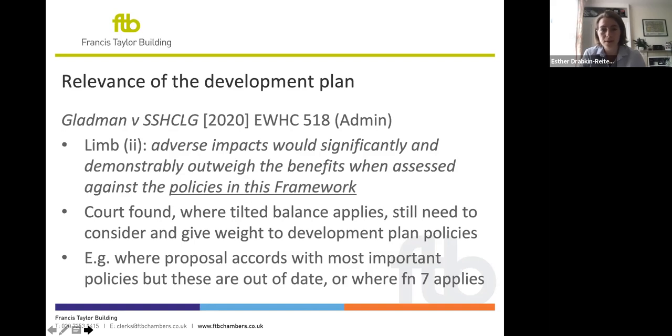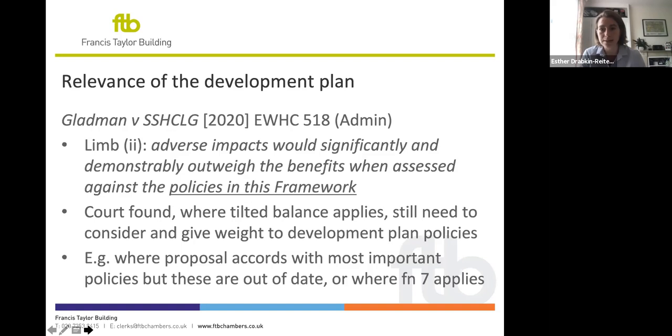And you'll see from the quote I've put on the slide from limb 2, I've paraphrased, limb 2 specifically refers to policies in the framework. So the claimant's argument was that the inspectors could only consider the policies in the framework when applying limb 2 and not the development plan. And the court found that where the tilted balance applies, you still need to consider and give weight to the